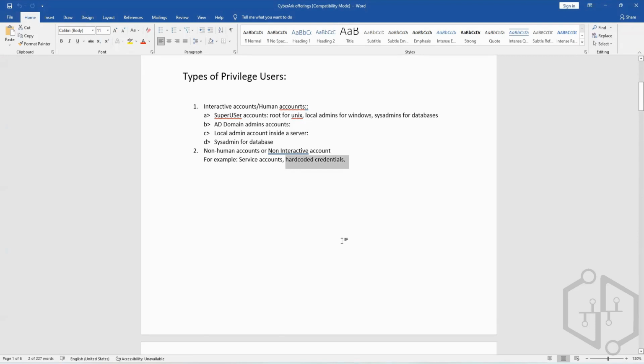Let's say we have a script that needs to log into some of the systems automatically, and it needs to push its functionality on all those systems. Let's say we have 100 servers within the organization, and this script needs to push its functionality to 100 servers in a very limited time frame. So the script needs to log into each one of these servers and perform its functionality. How does it log into the servers? It has to provide a username and password, and it cannot depend on administrators. It cannot depend on humans to type in the username and password on each of the servers,